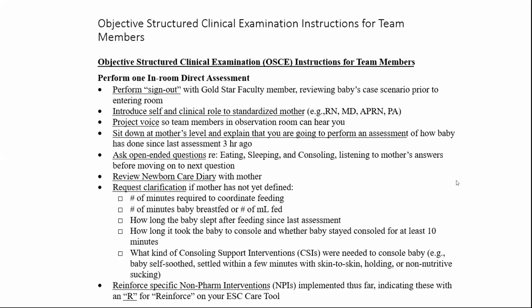What kind of measures they're needing to actually soothe and console the babies, how long they've been doing skin to skin. So just a lot of open-ended questions. As you go through the tool itself, and that's why I really like the Eat, Sleeps, and Consoles tool, if you look at that, it has all the non-pharmacologic care interventions. You can put an I for indicating that you are